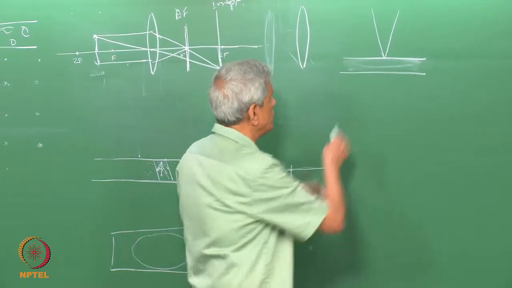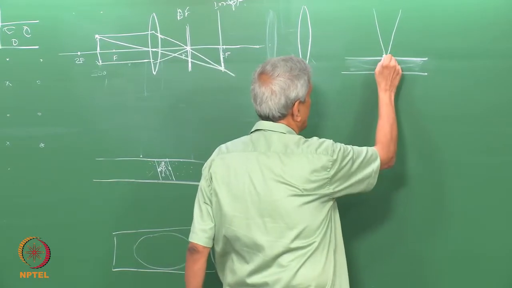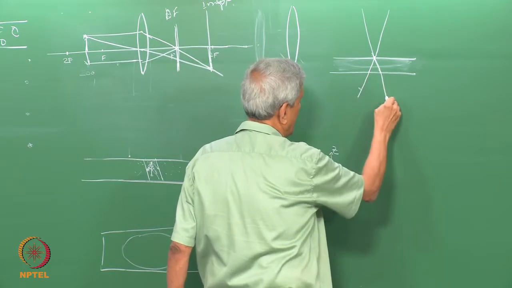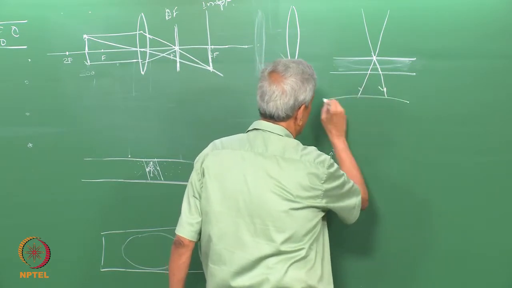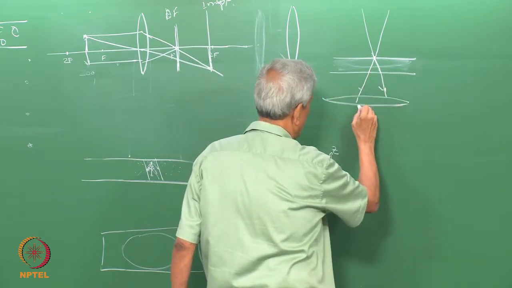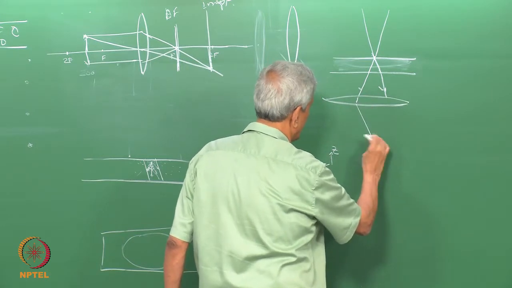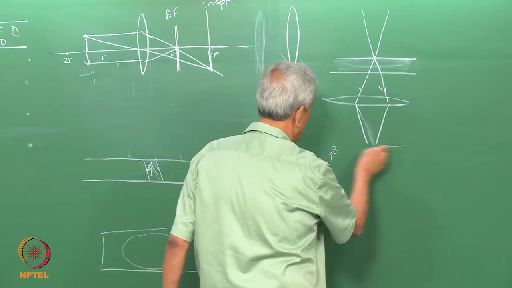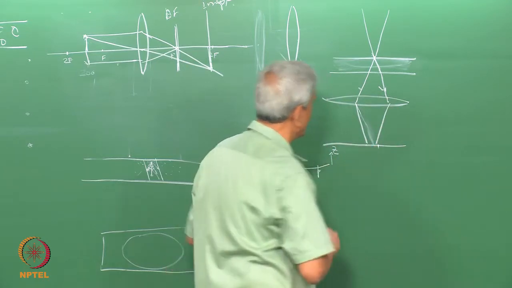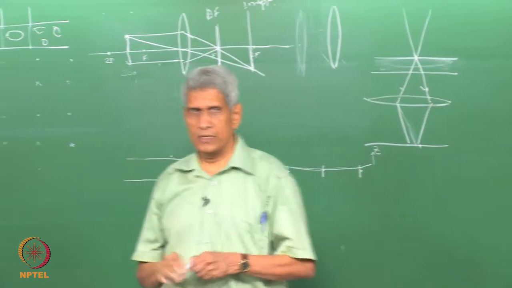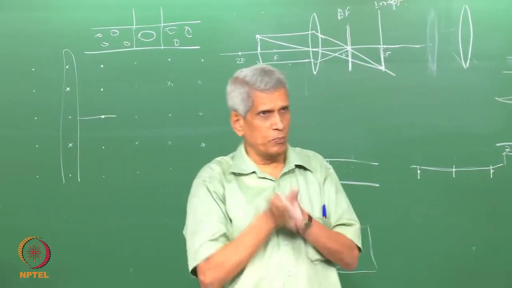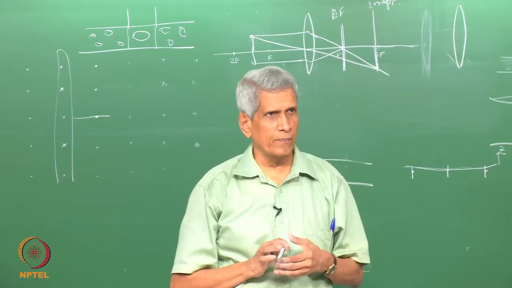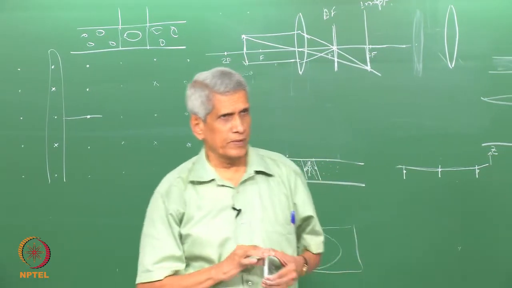Now what will happen? This beam is going to enter into a sample like this. This is the direction in which the beam will be coming, and if the lens is going to be there, the lens will try to converge it into this. So what we will be seeing here is, since the beam is a convergent beam we are putting on the sample, instead of getting a very fine spot, we will be getting a disc.